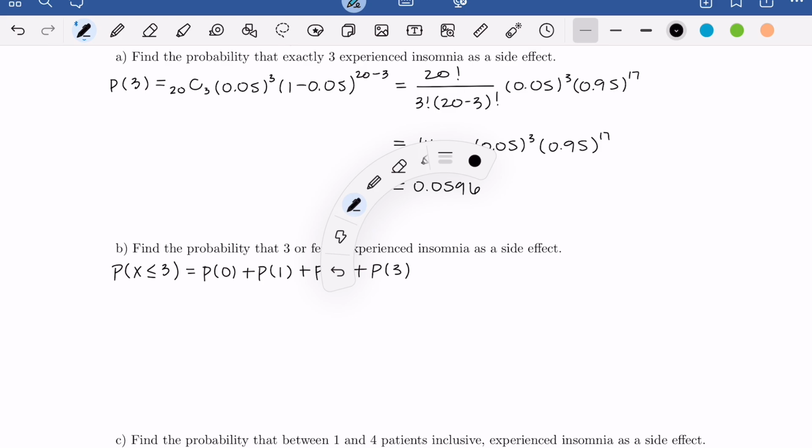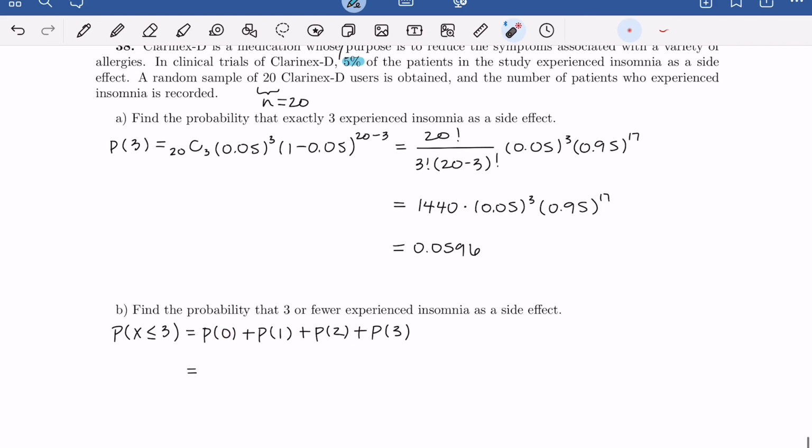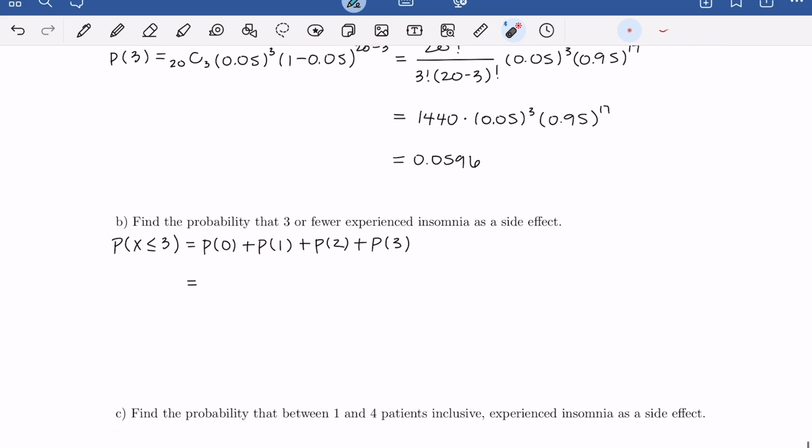Now, I'm not going to do that in the interest of time here, but we're just going to plug x is equal to 0 into this formula everywhere where we have an x. So this would be a 0, this would be a 0, and that would be a 0. We'd repeat this process for 1, 2, and then we already know what the value is for 3. Doing so, we're going to get